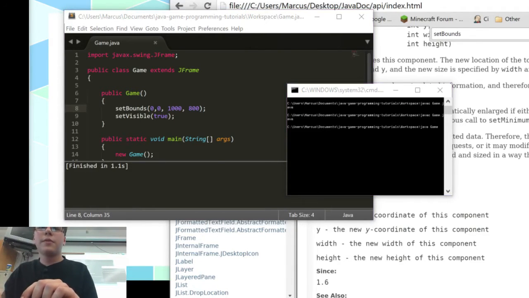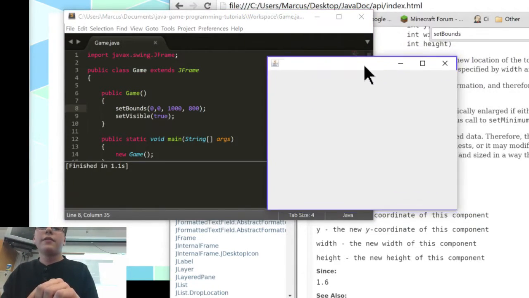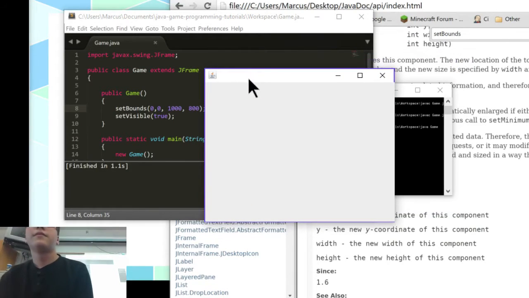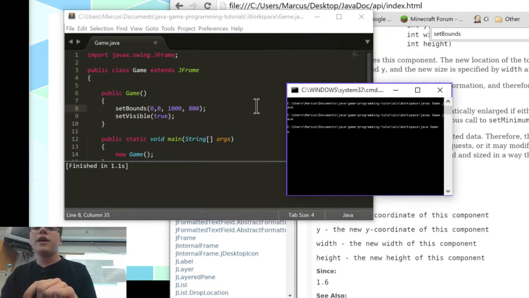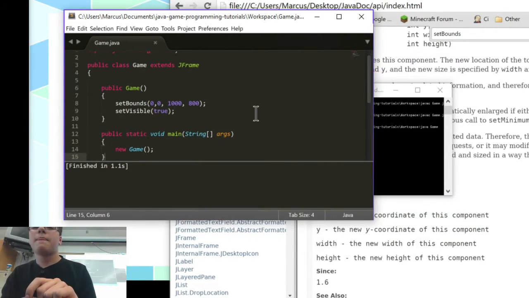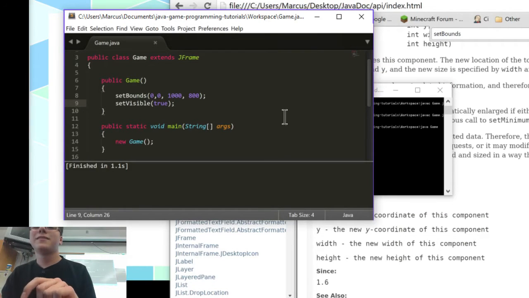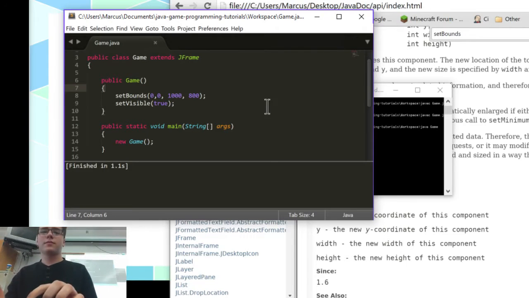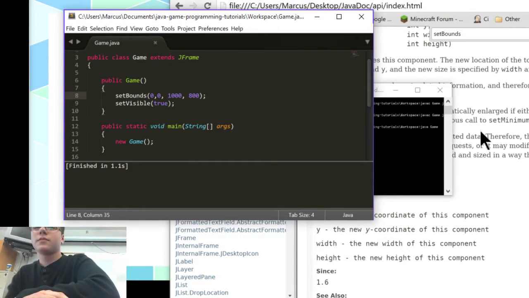Oh, it keeps popping up on the wrong monitor. But here it is now. It is a window, and it automatically sized itself. So now we have an actual window in Java. Compile it and then Java run it, just like we always do, and see the window pop up. He's on 2 different screens, so that's why he's dragging it over so that you can see it.